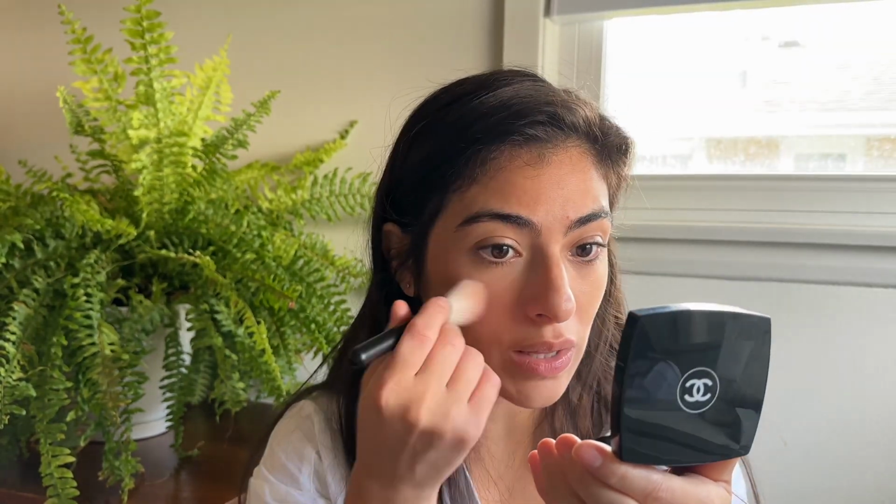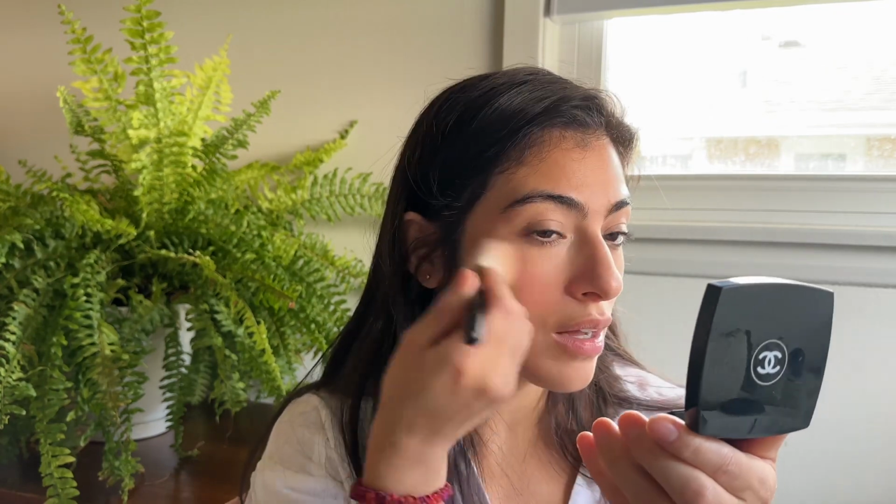Okay, so the concealer is creasing a bit, but I think it's because I put 3 layers on this side, 2 on the side. It normally doesn't crease for me, but I'll blend that out and see how it lasts. Okay,